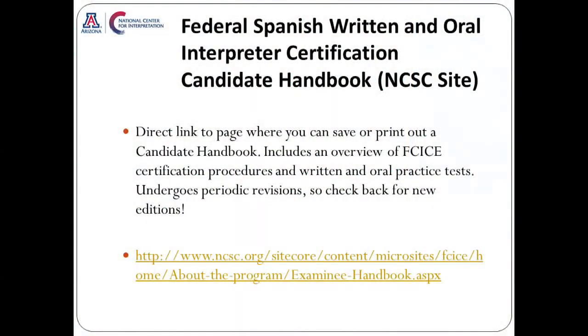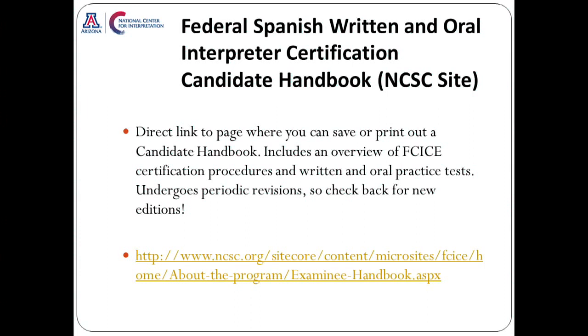So then the National Center for State Courts also runs the federal certification program. And I might mention that the reason all these resources are available to you, including sample exams that you can take, is because it's really mandated by best testing practices to give you candidate information, to give you sample tests. Everybody wants you to do your best performance, so all this information about the test is provided to candidates so that they know what they're getting into,